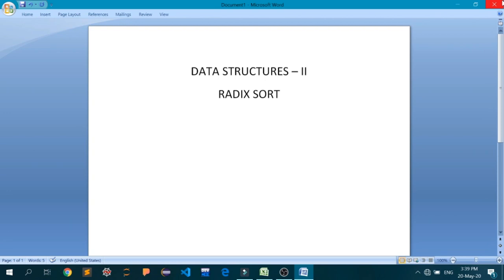And yesterday we started talking about radix sort. We haven't actually talked about radix sort, but we have talked about a helping sorting algorithm, that is counting sort, and today we are going to see the application of counting sort for implementing the radix sort itself. Okay, so let's see that. Let's go technically.